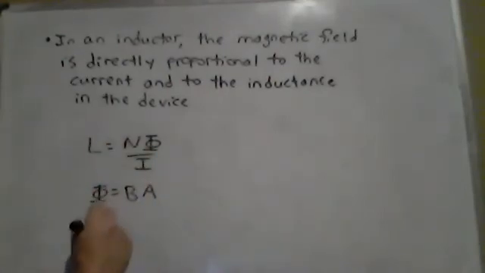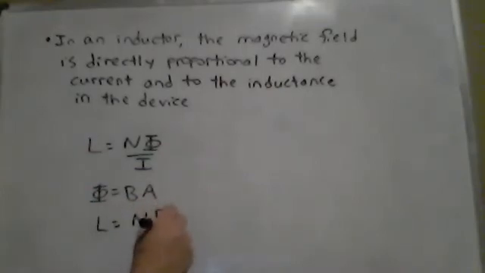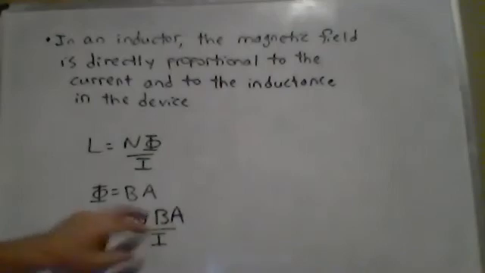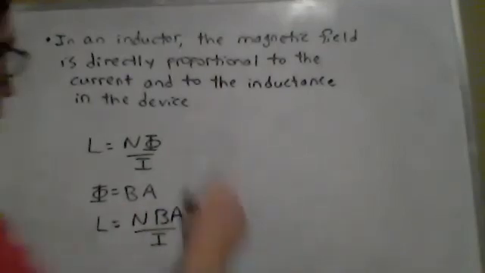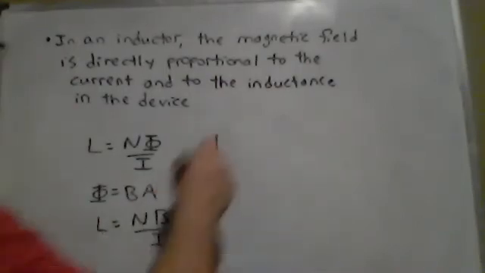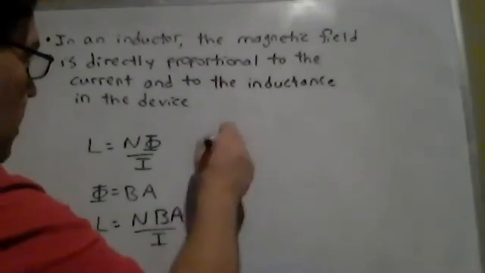And so I could write something like L is capital N BA roughly over I. And so again, the inductance is related to the magnetic field. They're directly proportional to each other. I already showed you that. This is in general true for an inductance. And of course, for the solenoid,